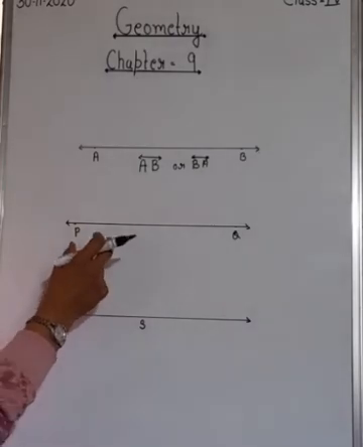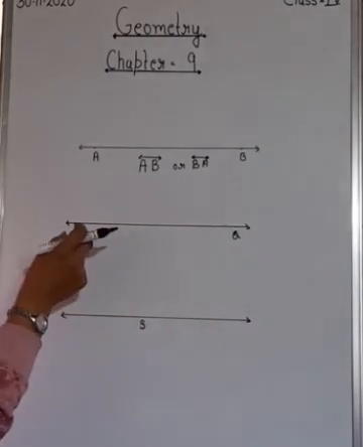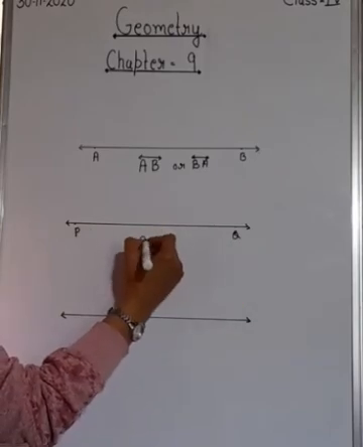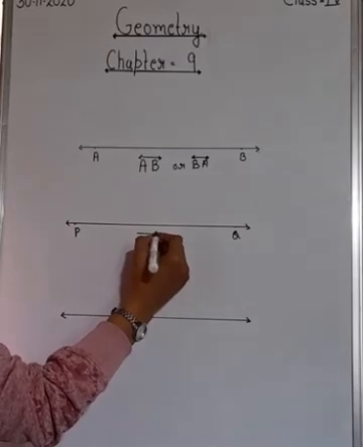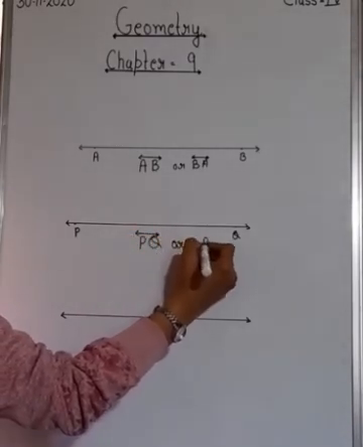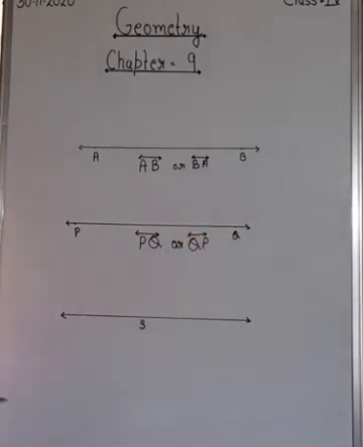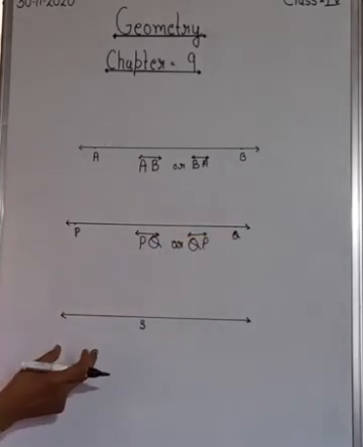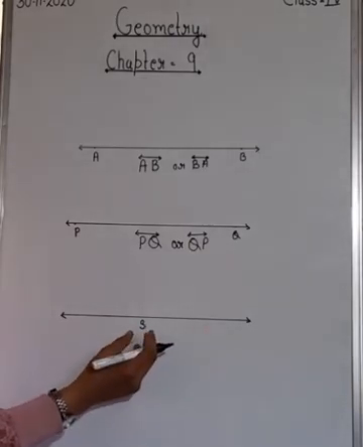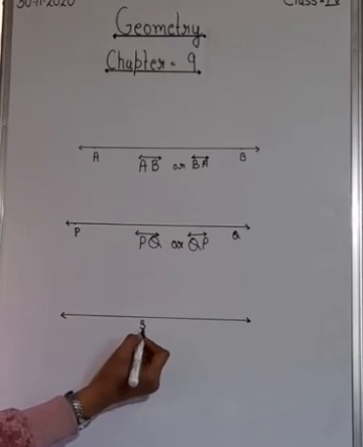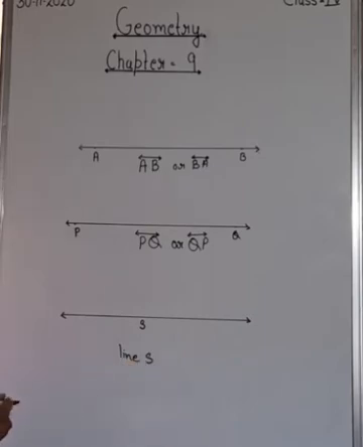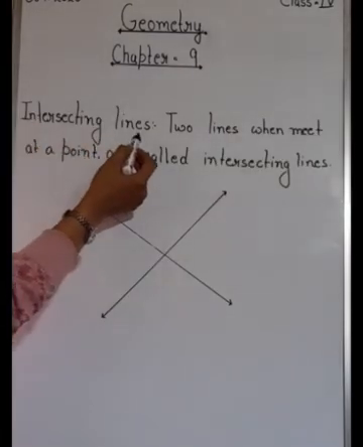Similarly with this one, I have drawn a line and I have written 2 points on it. One is P, another one is Q. So its name will be PQ, with a line over it. Or you can write QP, with a line over it. Clear? One more method is there for representing a line. I have drawn a line and I have written a lowercase alphabet over here, that is a small s, and this is represented as line s. Clear?